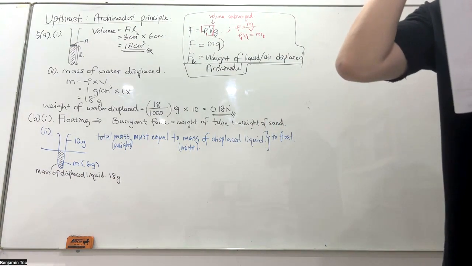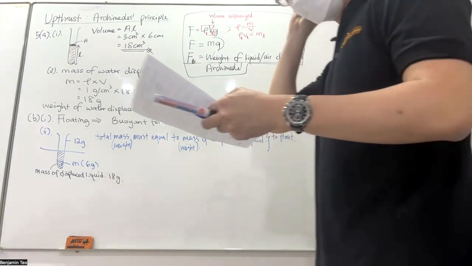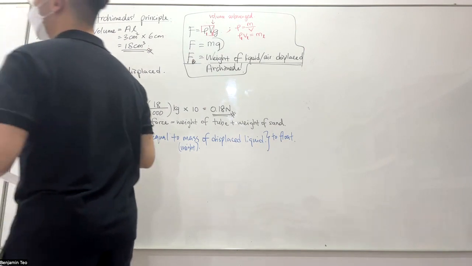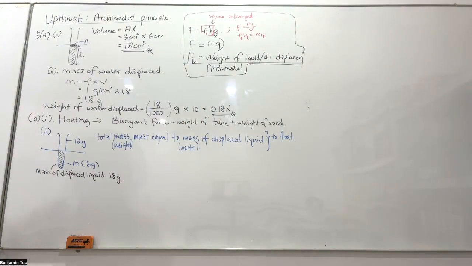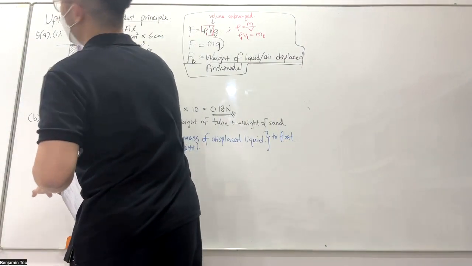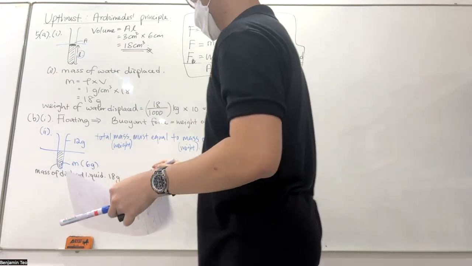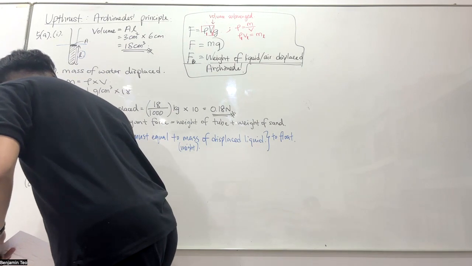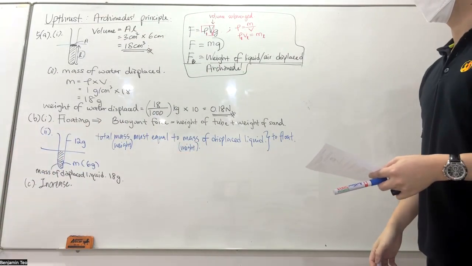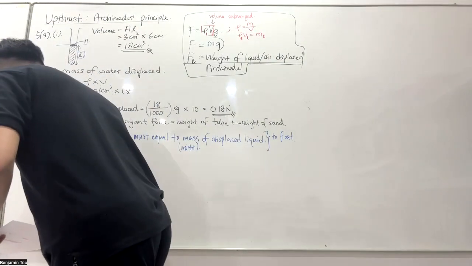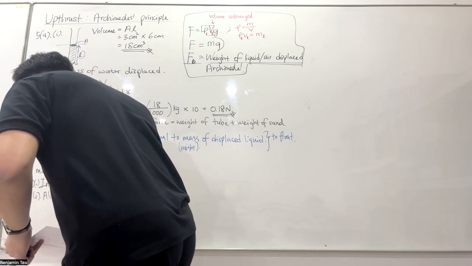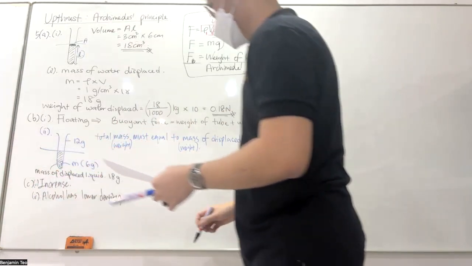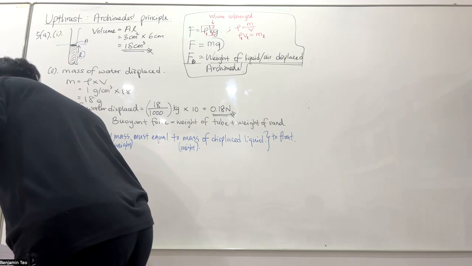Okay, C. The glass tube is later placed in a beaker containing alcohol, lesser density. State the change to the section of the glass tube immersed. Okay, you place it in alcohol, which has lesser density. So again, less density, they are lighter liquid. You need more liquid to balance the weight. So it will sink deeper. And if it sinks deeper, this L will increase. Explain your answer: because alcohol has lower density. What is the application? Hydro